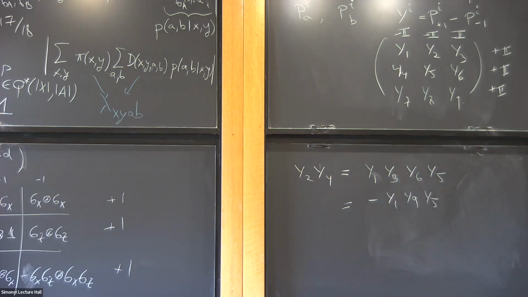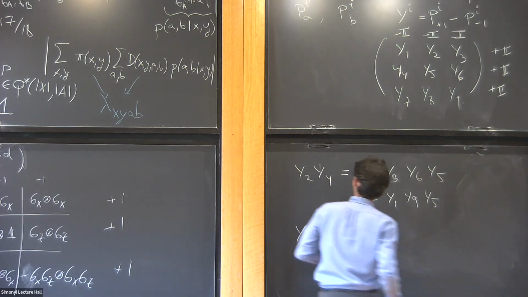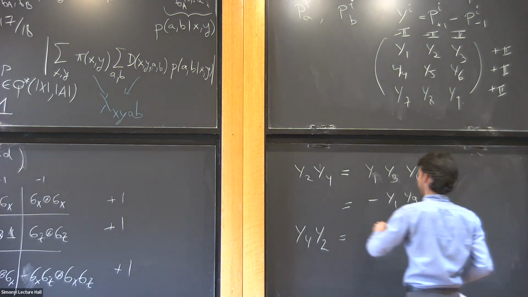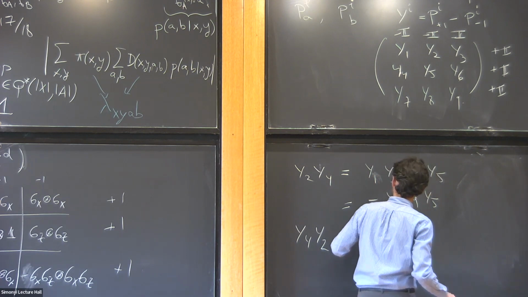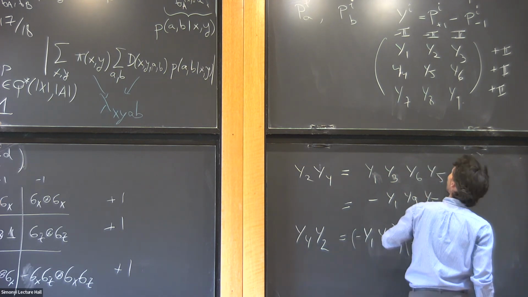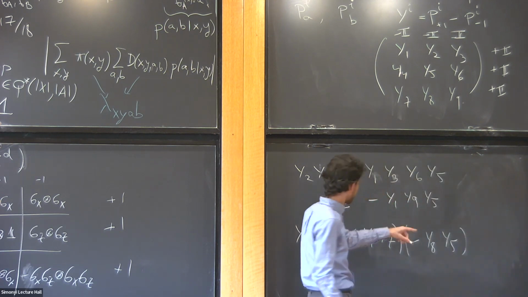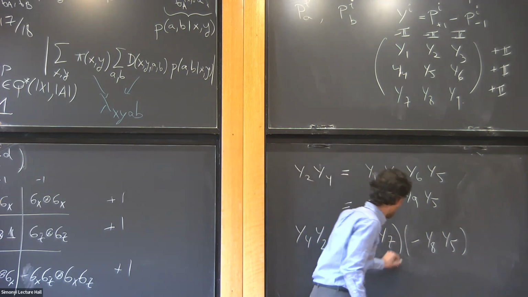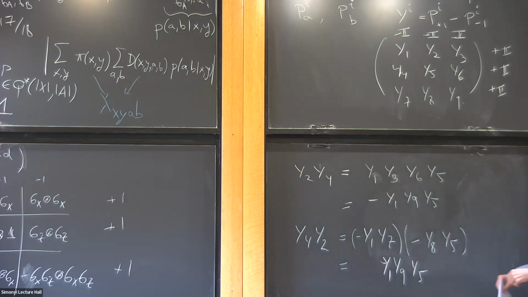y5, right? Now I can do the product in the other direction. Bear with me, I'm almost done. y4 times y2, and now I'm going to use the rules by columns. So I can write this as y1 times y7 with a minus. And here it's going to be minus 8 times 5. The two minuses cancel, the 1 and the 5 stay, and 7 and 8 I get 9. So I get y9, y5, y1. Okay, so this is a minus y before.